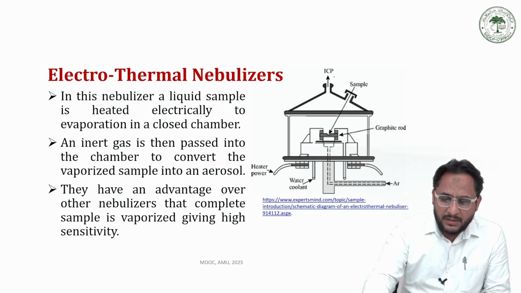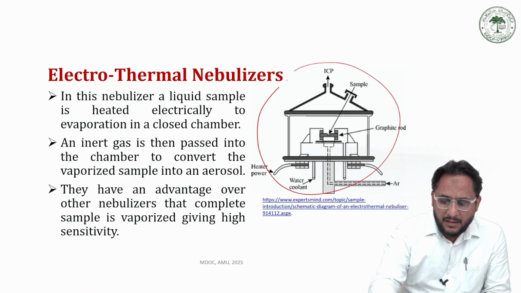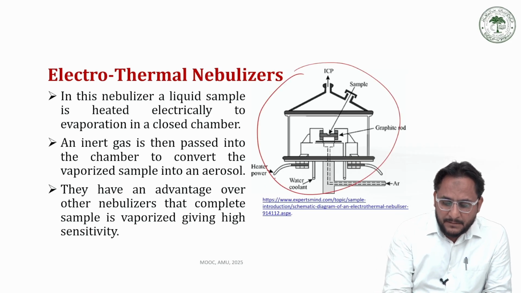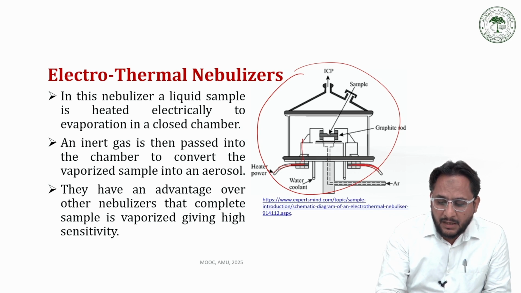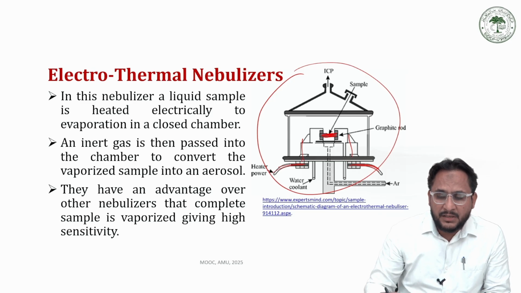So in this chamber you can see that we have an electrically powered heater placed over here. Once it receives an electrical signal, it creates heat, and through these rods it immediately vaporizes